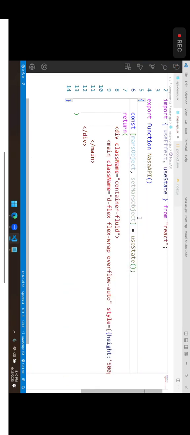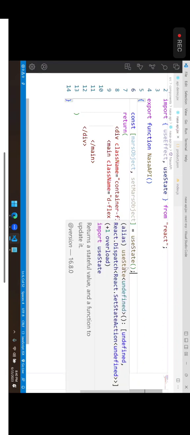I'm just defining useState. I'm not mentioning what data type. If I am not mentioning the data type, then by default it will be any type. useState will use any data type. And you see it says it is undefined currently,